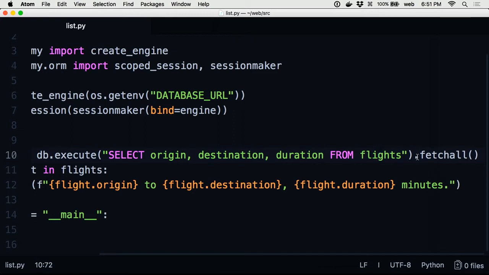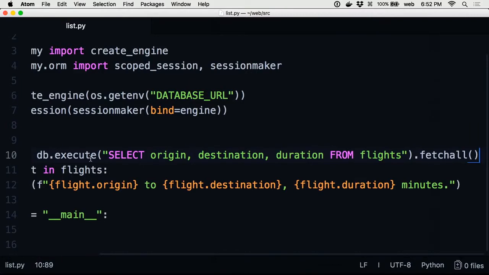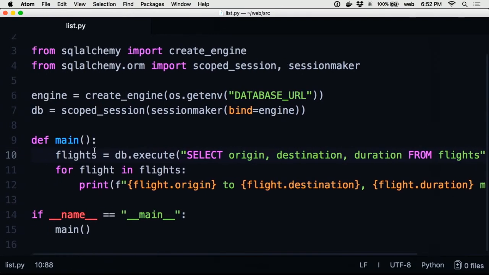And then at the end, I'm doing this fetchall query, which is just to say run the query and get me all of the results. There's likewise a fetchone function that just gets me back 1 row if I only care about 1. But in this case, I want to get back all of the flights. So I'm saying db.execute, here's the SQL command I want to run, the select query we saw just a moment ago. And then fetchall says get me back everything. So now I have inside of this variable flights a list of all of the individual rows that came back